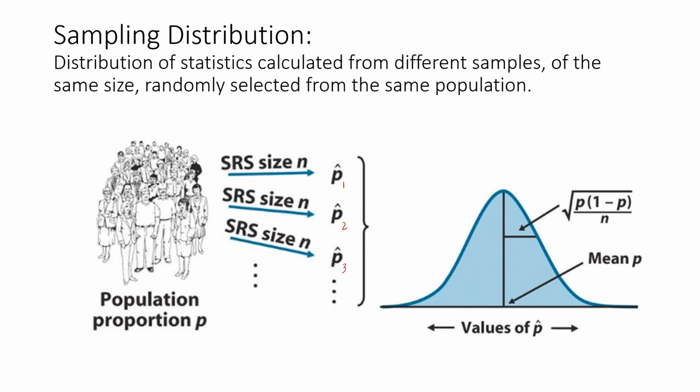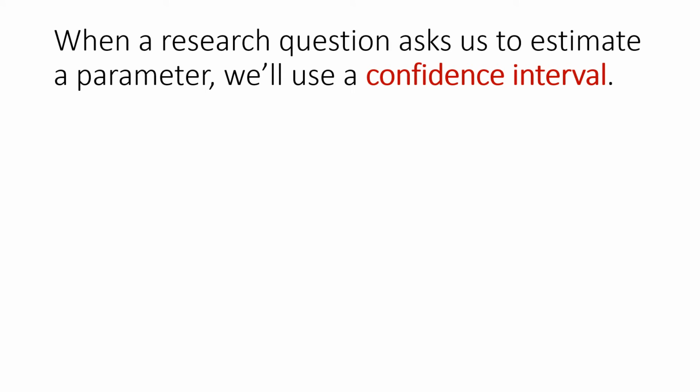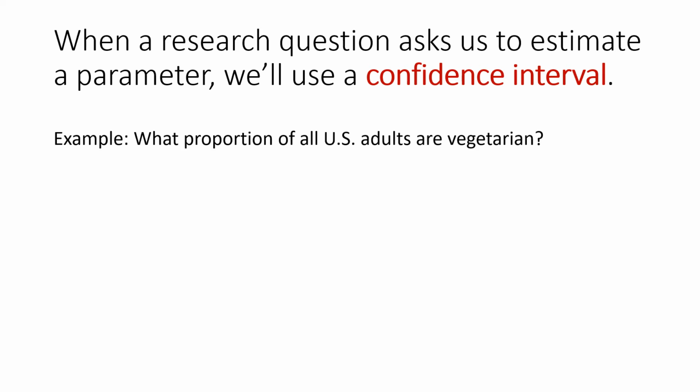Once we've learned about the sampling distribution, we'll start using it in Section 5.2. We'll talk about how to make a confidence interval for a proportion. So when a research question asks us to estimate a parameter, we'll generally use a confidence interval to do that. For example, if we're interested in what proportion of all US adults are vegetarian,